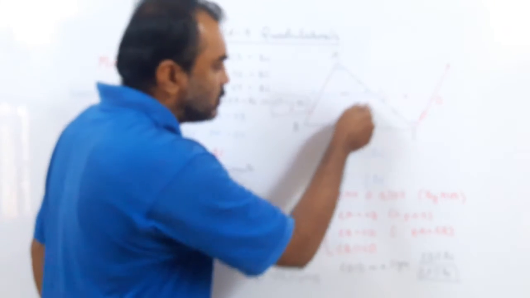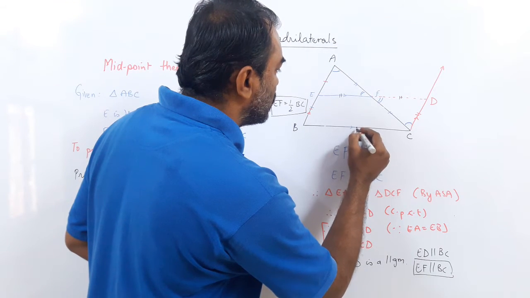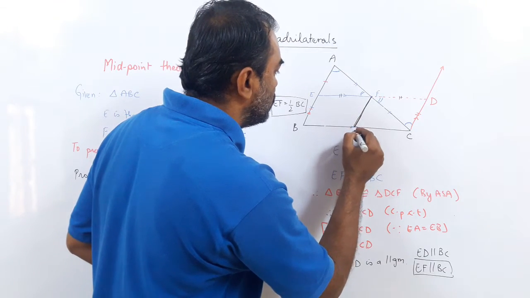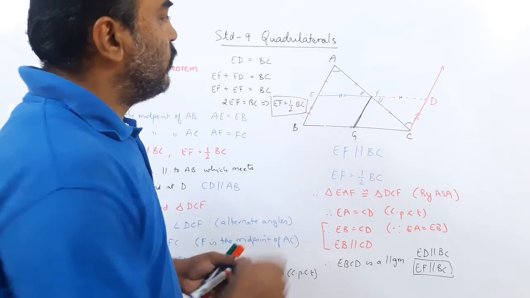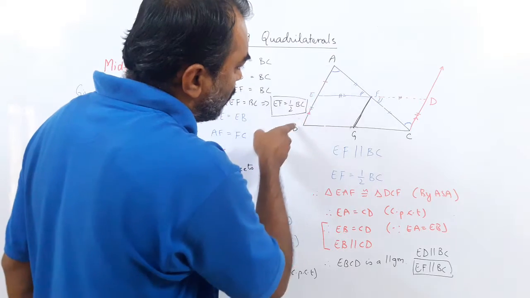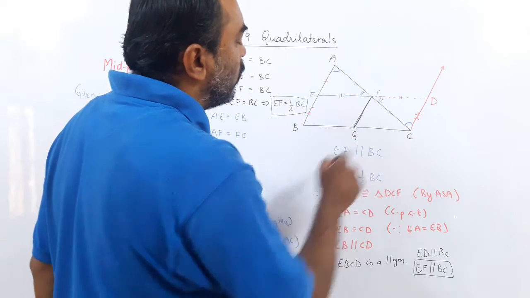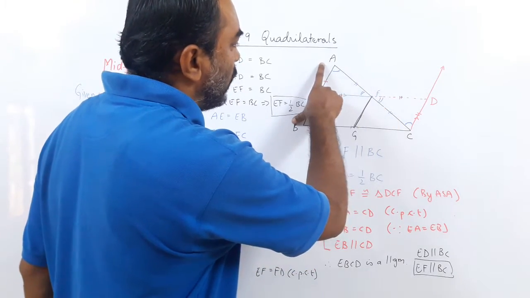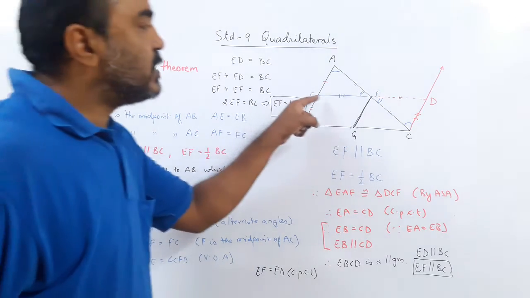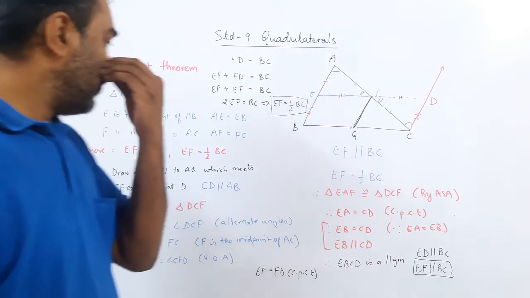You can even draw this two. Suppose I draw, let us say, the midpoint of this two is G. Yes, the midpoint is G. So if I take FG, then the line segment joining the midpoints of two sides of a triangle is parallel to the third side and half of it. So if F is the midpoint of AC and G is the midpoint of BC, then FG is parallel to AB and half of AB. So you can take any two midpoints. So the theorem states the line segment joining the midpoints of two sides of a triangle is parallel to the third side and half of the third side.